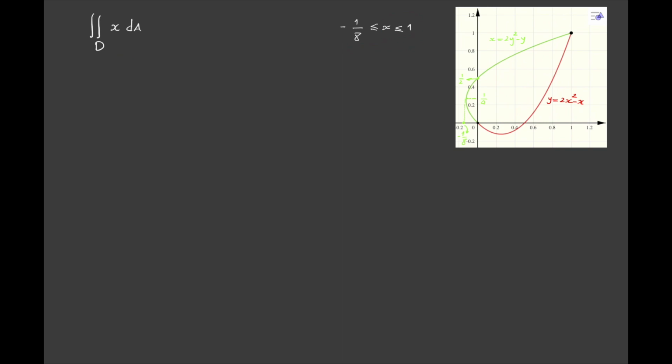If I want to give the role of my free variable to y, then it means that the lowest y value is here, which is again -1/8, and the highest y value here, but the same argument goes on even in that direction. I recommend you to think about this problem again yourself, to actually train your brain about how to